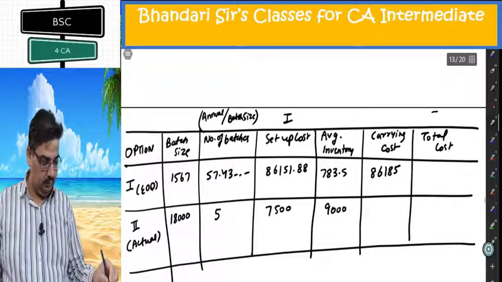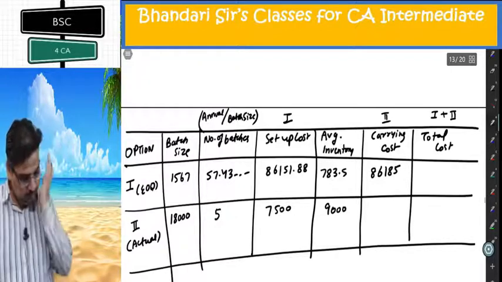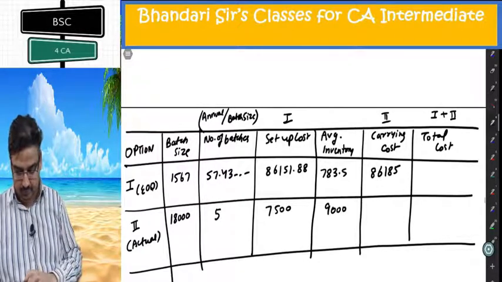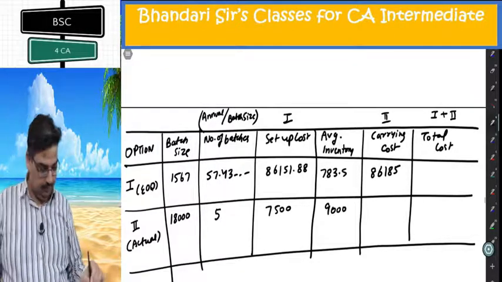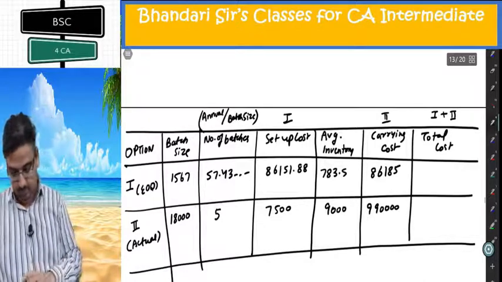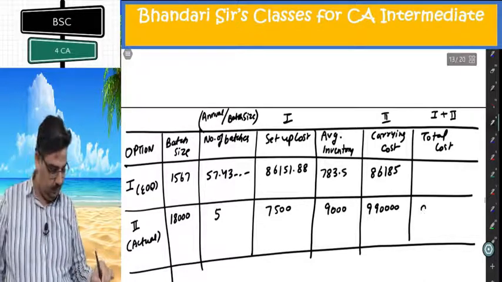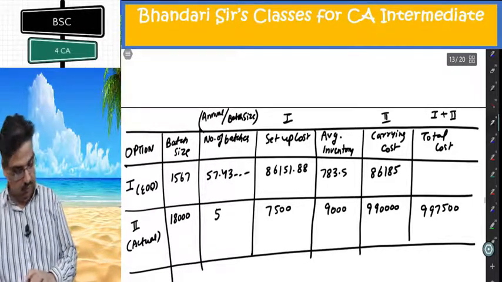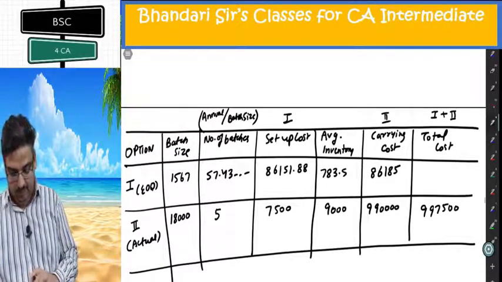Total cost is 1 plus 2. Here I am getting 9,000 into 110, 990,000 plus 7,500, 997,500. On the top 86185